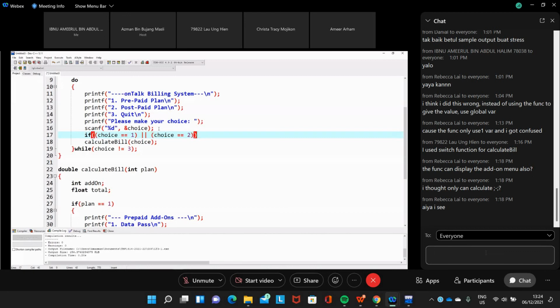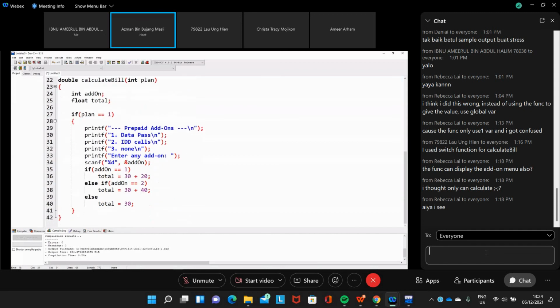Then we call the function. Otherwise, we don't call the function. We just quit. Well, choice is not equal to 3. If they enter a number other than that, we keep repeating the program, but we don't do any calculation. They can only quit if they enter the number 3.